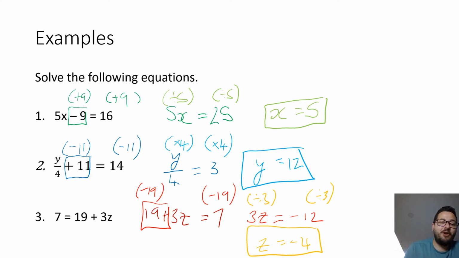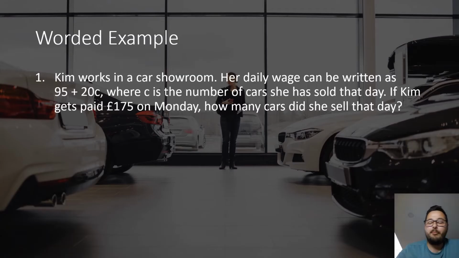Okay, so let's just have a go at a few worded examples. So here's the first one. Feel free to have a go at it first. We've got that Kim works in a car showroom. Her daily wage can be written as 95 plus 20c, where c is the number of cars she has sold